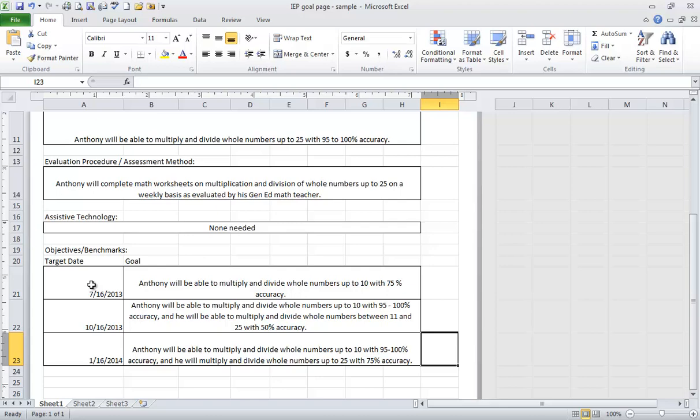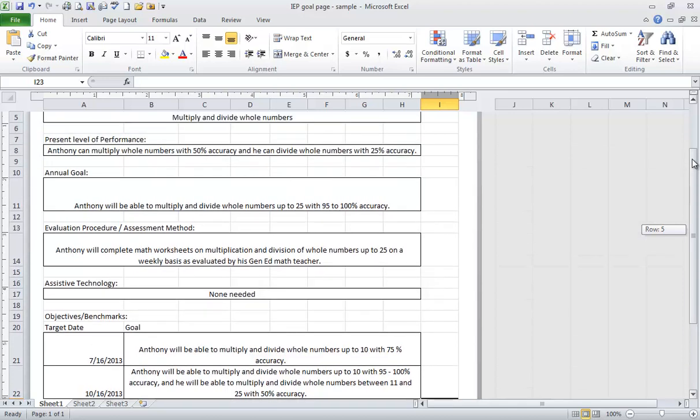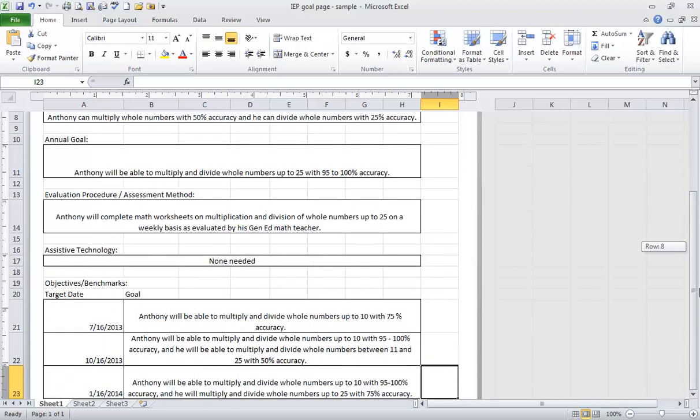I've identified a way to make this goal more simple for the beginning. And I again would base this on what I know of Anthony from his present level of performance. Right now he's already doing well with multiplying. He's at 50%. So to jump to 75% is not necessarily a huge leap. And I'm only asking for these first 3 months that he focus on numbers up to 10. So he'll be able to advance his division quite a bit and his multiplication a little bit for numbers up to 10. Then I move his numbers up to 10 up to the desired level of accuracy, which is 95